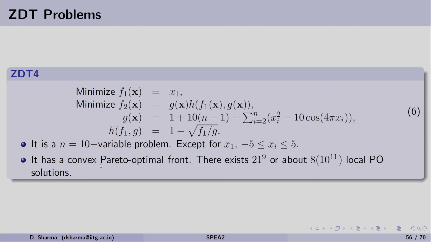The problem which we are going to solve has a convex Pareto-optimal front, and there will be a lot of local Pareto-optimal solutions, such as 21 to the power 9 or about 8 into 10 to the power 11 local Pareto-optimal solutions.